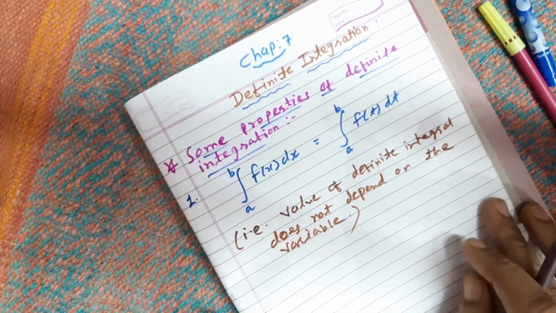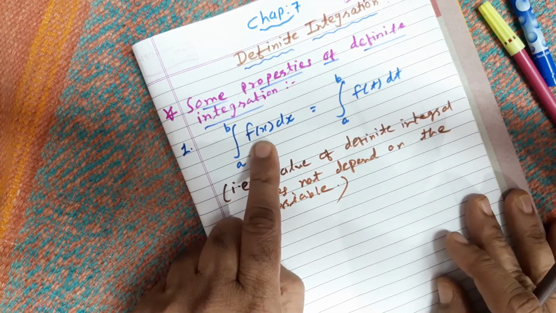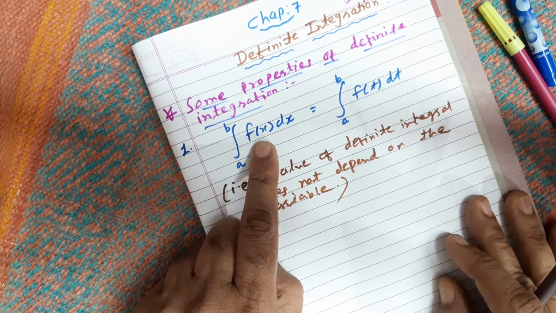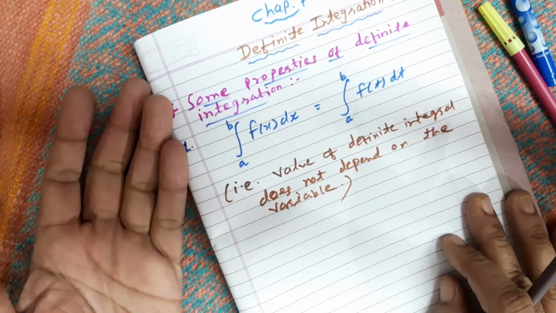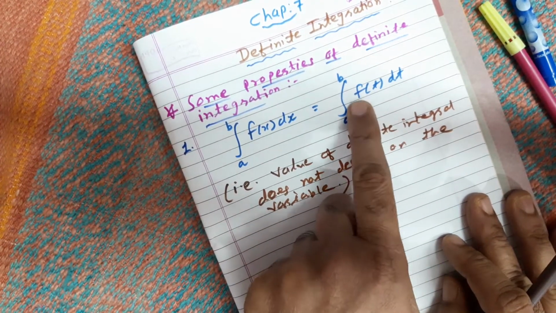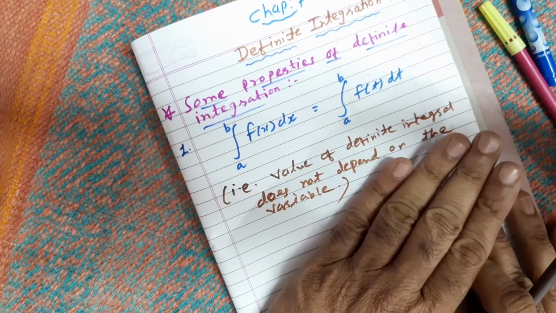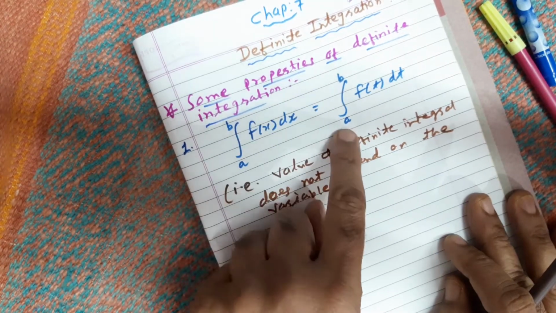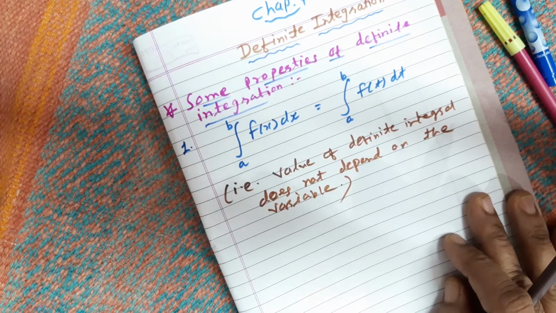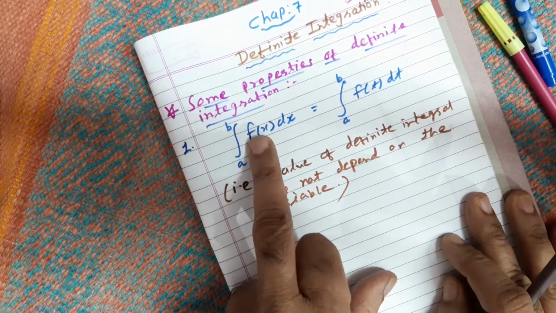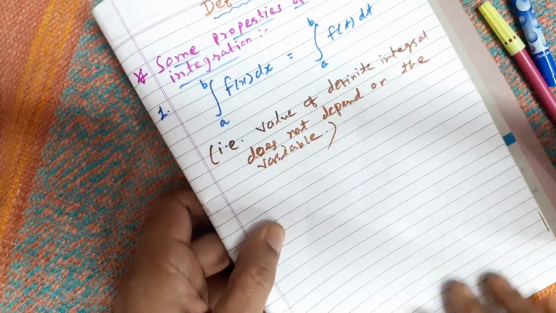Clear? Suppose that the integration of small fx is capital Fx, then ultimately the answer would be Fb minus Fa, upper limit minus lower limit. So even if it is ft dt, the answer will be capital Ft, but finally what you have to do is upper limit minus lower limit only, means you have to apply the limits. So it will be Fb minus Fa again. So you will get the same answer either on the left hand side or right hand side. Therefore this is very important in words.